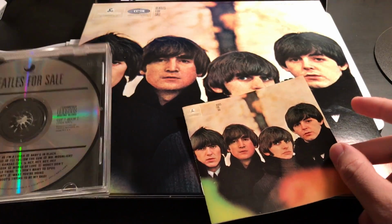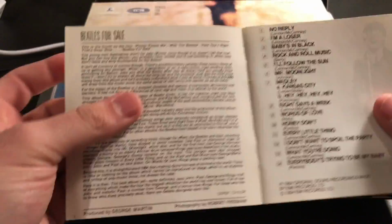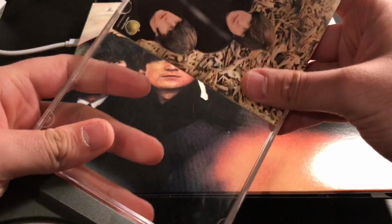Actually, no, they're not. Well, for once, they're not different. And pretty basic stuff. They kind of just took, yeah, nothing to really see here. And this version, even though there was a